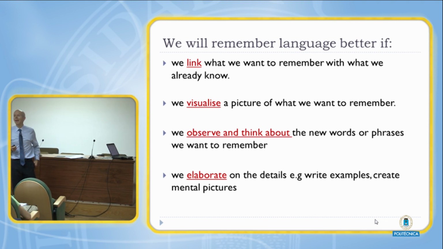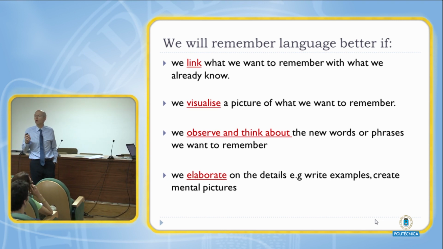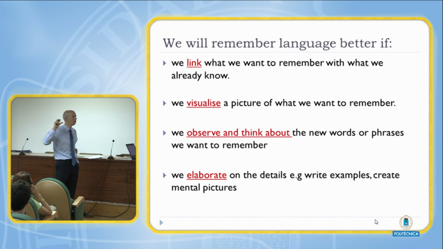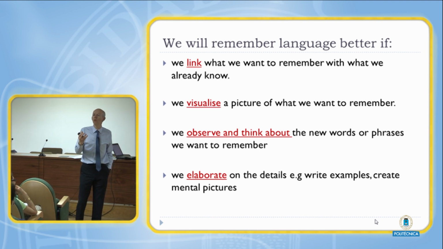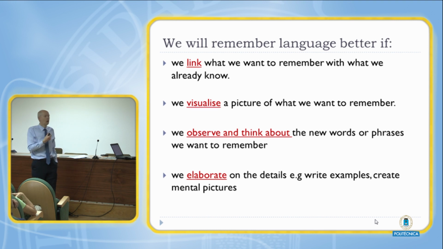So we'll remember language better if we link what we already know with the new information. So if you take the example of the traffic signs we started off with looking at, it's easier to learn those signs if you can identify what you already know, or transfer your knowledge of traffic signs here to the ones which are new to you. The example of the pine tree was showing that by creating a mental picture or relating a picture of something to the particular word, it's easier then to store that information and to recall it on a subsequent occasion.